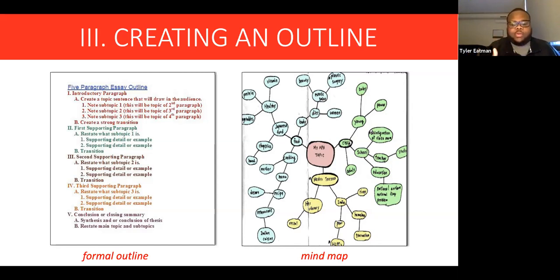If you don't like this formal outline way and you'd rather connect the information, I would say look at this mind map right here. In the center is your main topic. So your topic is my APA. And you go into different small bubbles, connecting this topic and having different details. So maybe if you're more of a visual learner, I would recommend doing the mind map. But if you need that real structure and formality, I would say continue with the formal outline.